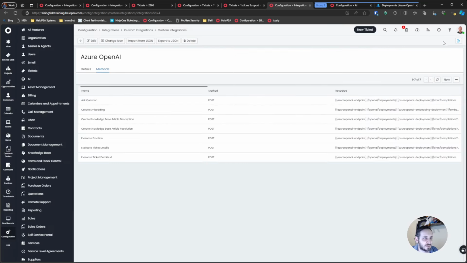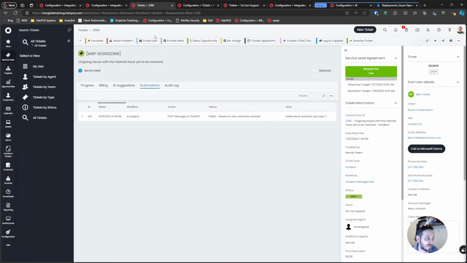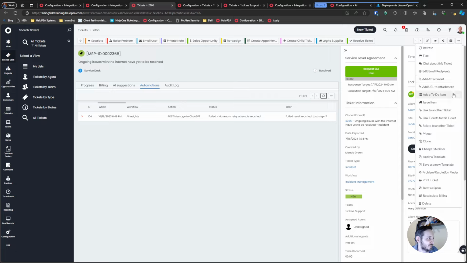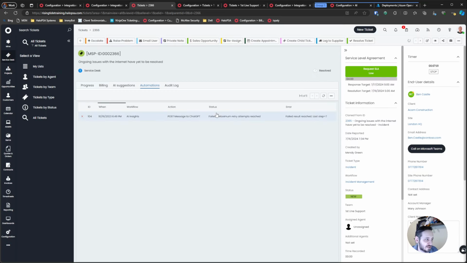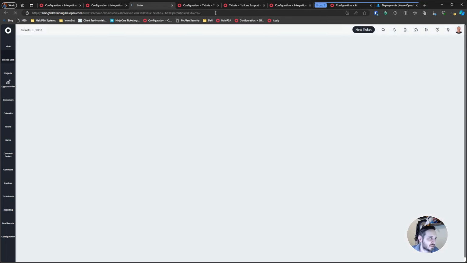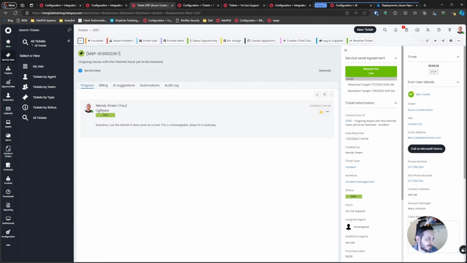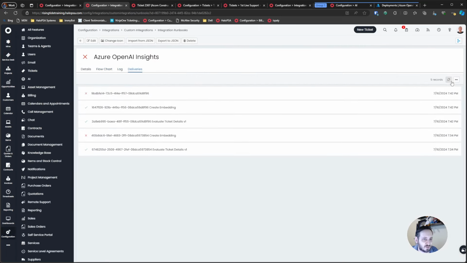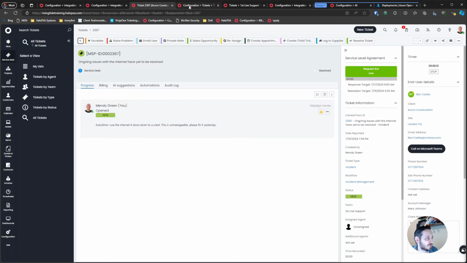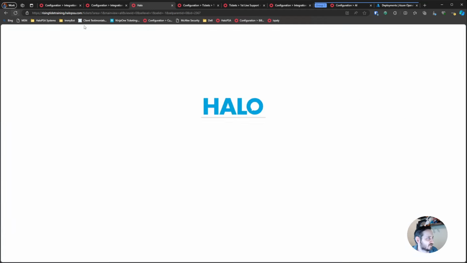Anyways, with that being done, we can come here and we can just run this test again so we can see what happens. We're just going to go ahead and generate another new clone. So that should be 2367. We're going to clone it one more time. We're not going to include ticket history, and that should generate 2367. And let's take a look at what happens, right? So 2367 has been generated. Running our runbook, if we go to our deliveries, we should see, hopefully, at some point,